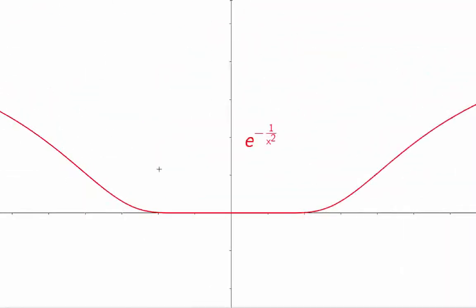You can understand this result by looking at the graph of e to the minus 1 over x squared. If you look at the origin or close to it, you see that every derivative of this function is 0. It is exceedingly flat,